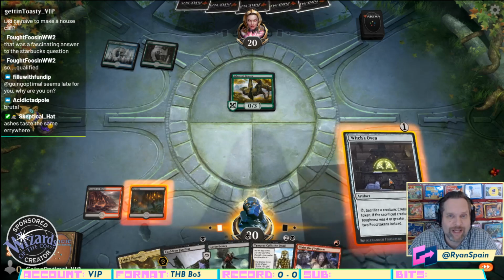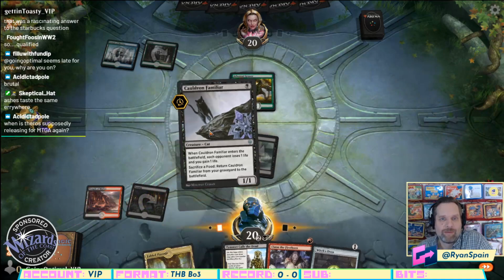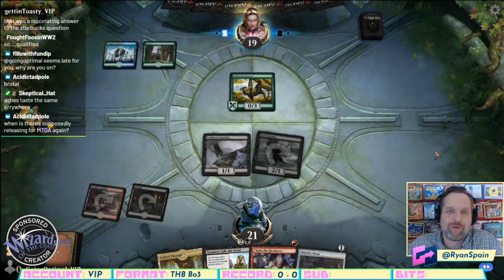I don't even know what to do. We play Oven, two creatures. We play Gutterbones and Familiar. Yeah, I don't know how to play this deck. Right now, just play it aggro. I scoop when I see it, so...